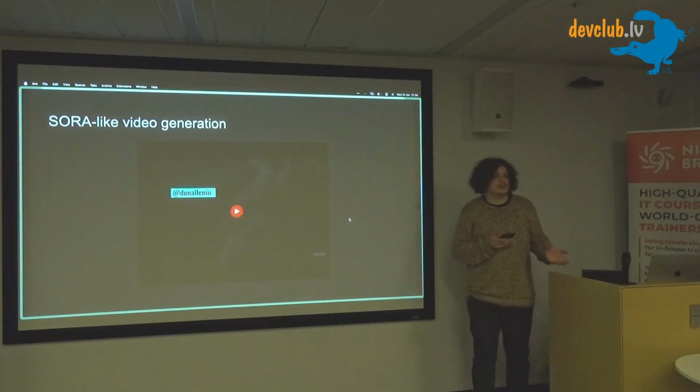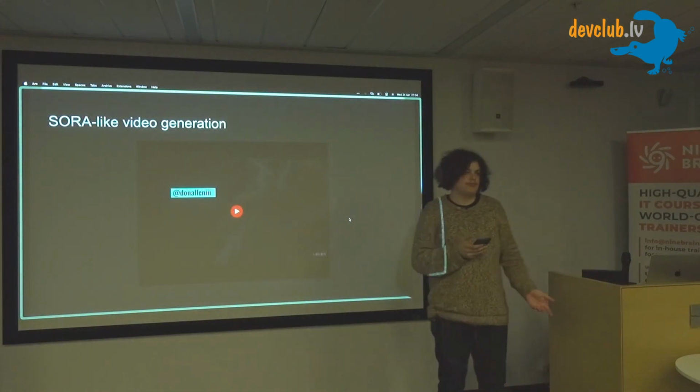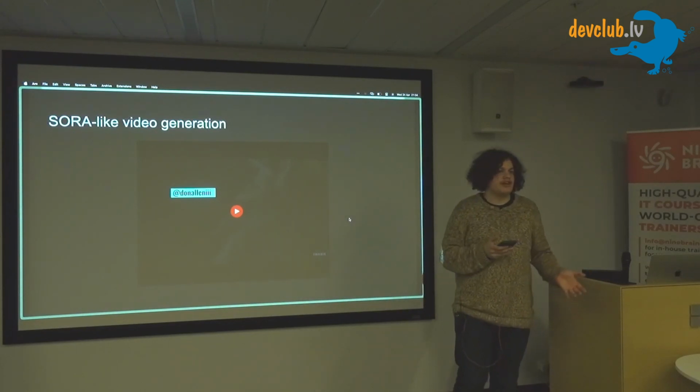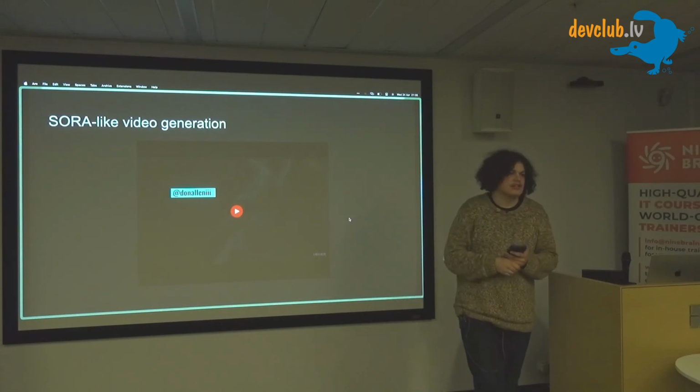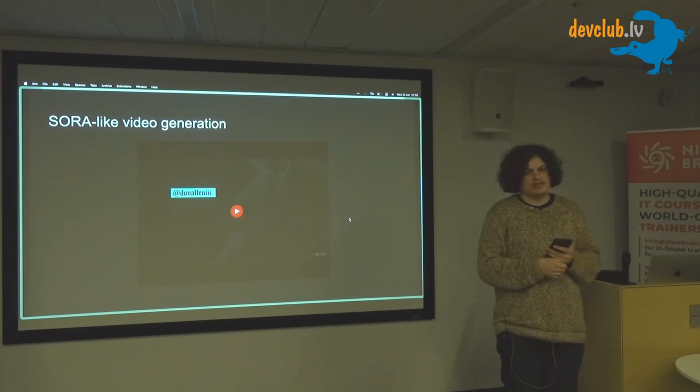So as you can see, the quality is by magnitudes better. And you can basically generate everything. This is OpenAI's model. It consists of a diffusion model and a transformer that make it possible to generate this type of stuff. But this type of generation really does have some cons.